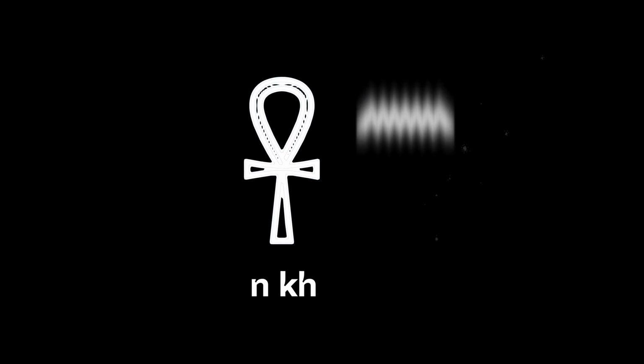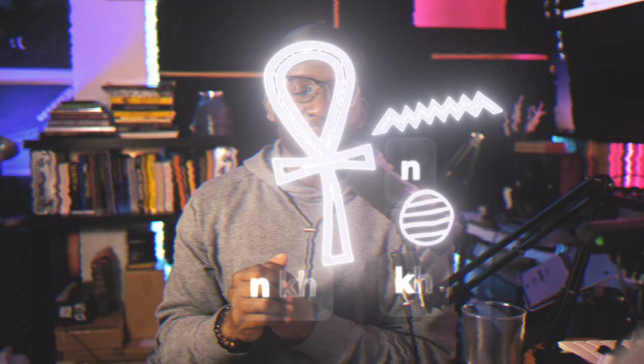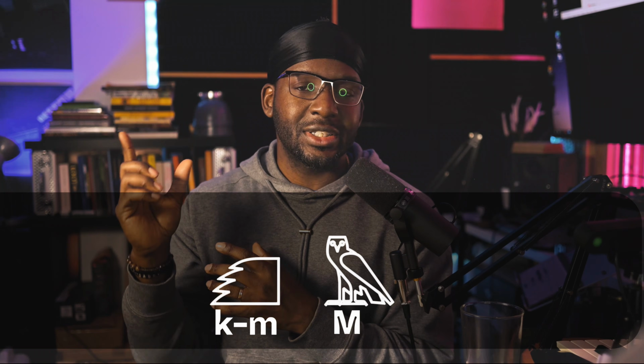We can see this in the word Ankh, which was represented by this symbol by itself. Very commonly, when it was written in Medu Netjer, it was written as this Ankh with this symbol here, which gives us the N sound, and this symbol here, which gives us the back of the throat kind of K sound. So this essentially says Ankh, but they're telling you how to sound out the word Ankh. So looking back at our word, they could be using this as a phonetic complement to tell you how to pronounce it. It could be there to tell you to emphasize the M.